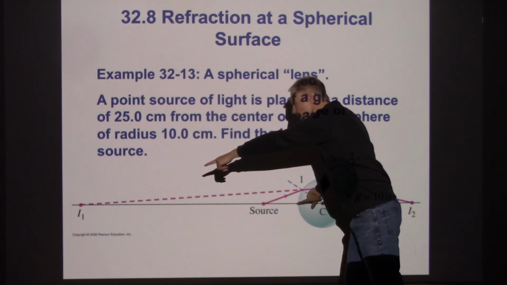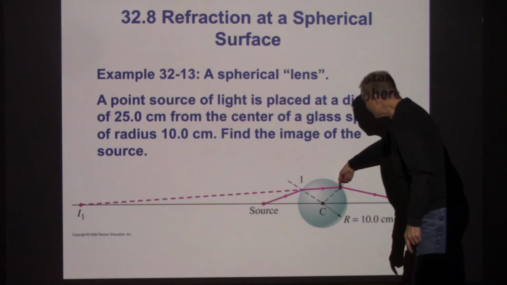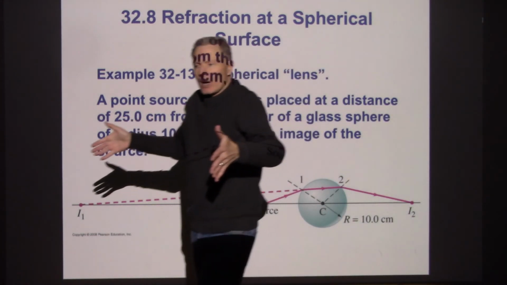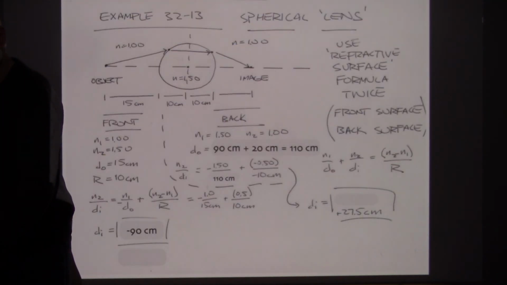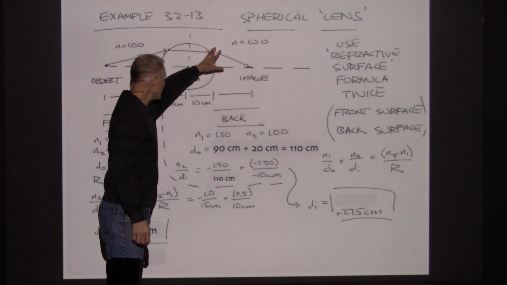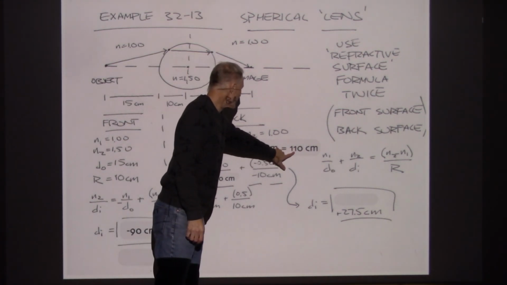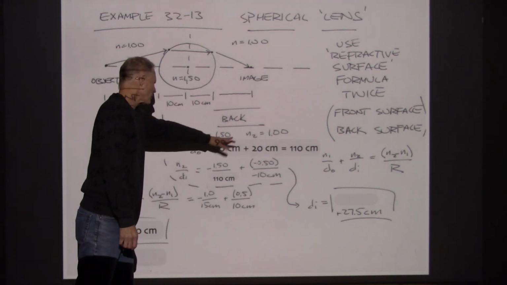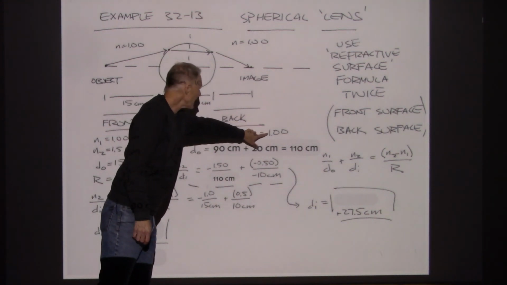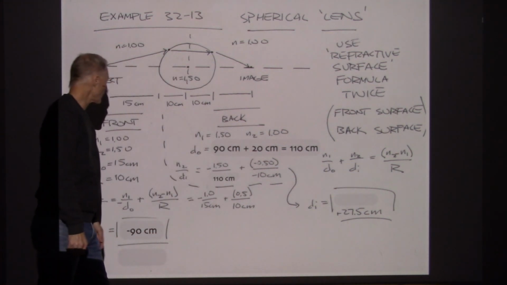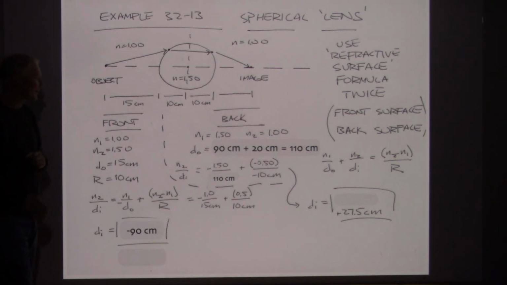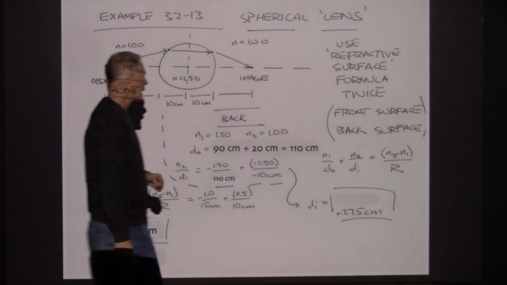Now, if that's 90 centimeters, then when we move on to the second surface, we have to add on 20 centimeters. That's the diameter of the glass sphere. So DO for surface number 2 is 90 centimeters plus 20. That's going to be 110. And it looks like it took me a few tries to get this right. N1 in this case is 1.5, and then we're exiting back out into 1.00. Again, writing this formula down, carefully putting everything in, carefully calculating everything, keeping track of all the signs, I ended up with